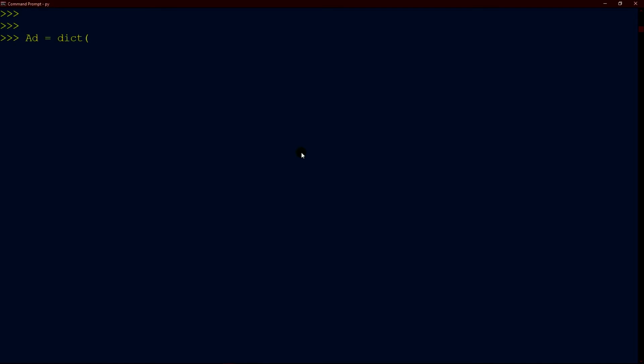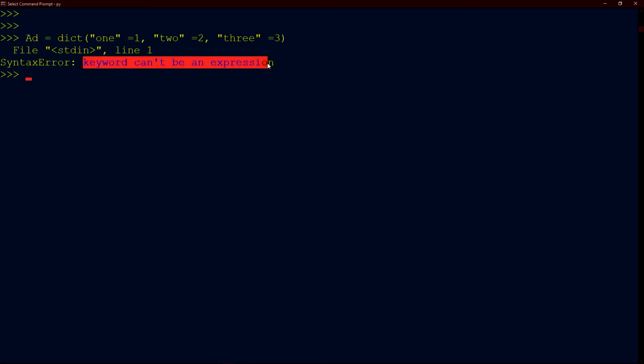Let's create a dictionary like that. You can create a dictionary using the dict function. Here, if you write like this, the problem will be that it is not supported in Python, because the one as a string cannot be equal to another number. It is an expression which Python does not support. So if you want to make the one as a string a key to the dictionary, you have to write like this. It will automatically take the strings as dictionary keys.